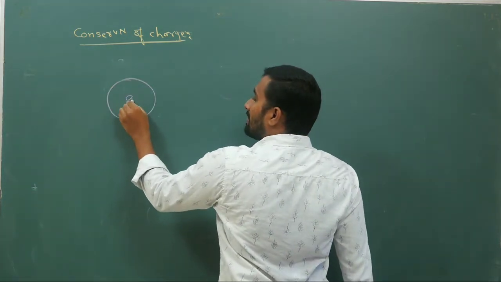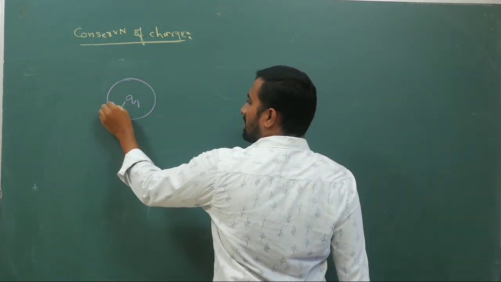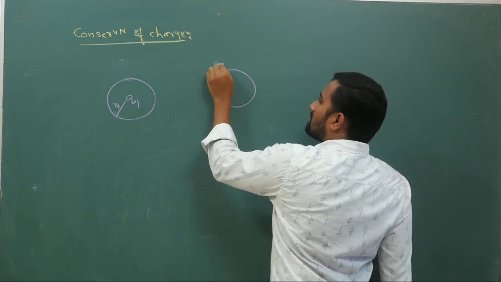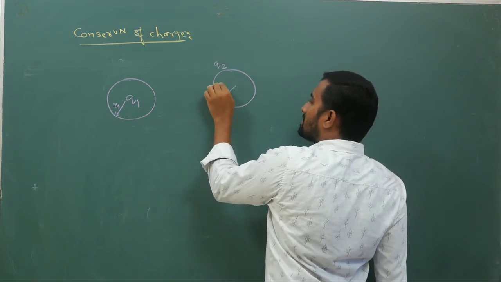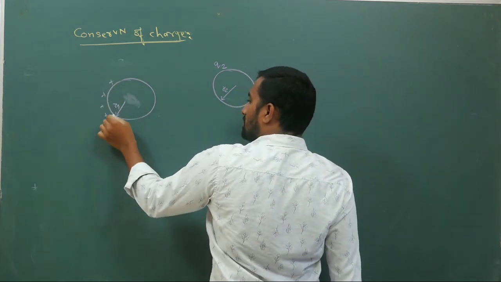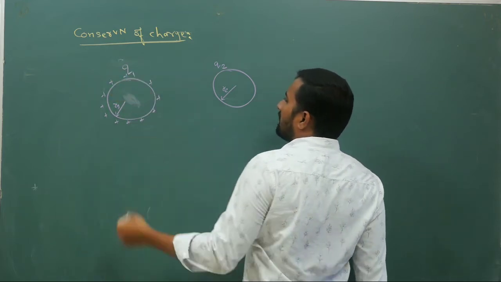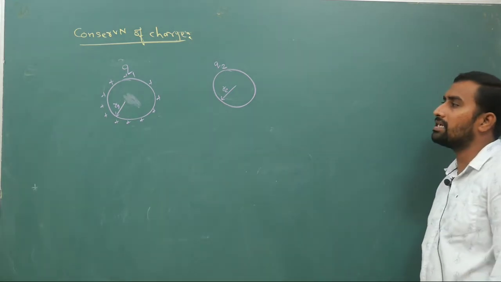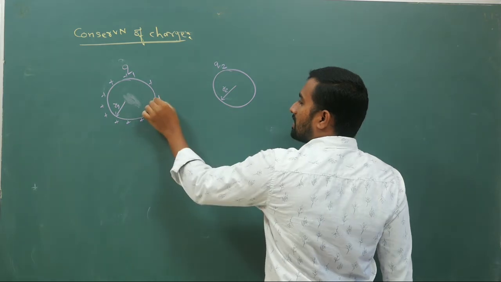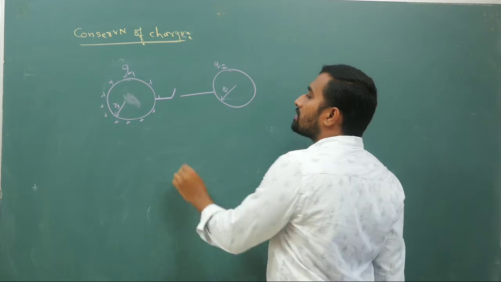Let us say you have a charge Q1 and it is a shell, its radius is R1. There is one more shell, charge is on the outer layer, radius is R2. Charge is not inside, it is on the outer shell like this. Let it be positive or negative, anything. I shouldn't have kept the sign, but let us say it is Q1 and Q2 like this. Now the radius of this shell is R1, the radius of the other shell is R2. Let us say there is a switch here.